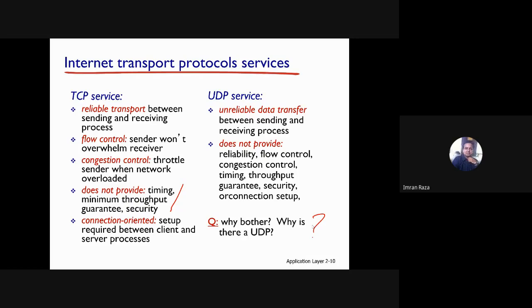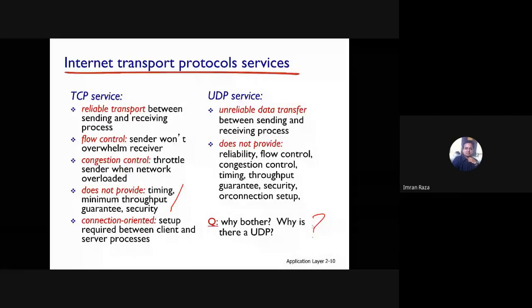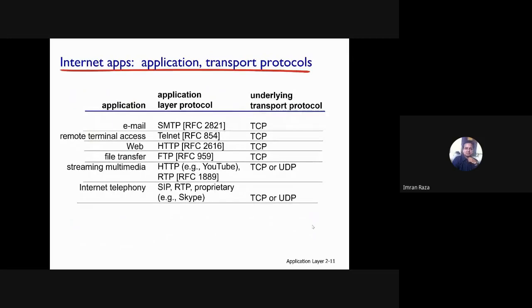Data integrity is there. We have flow control, so that we do not overwhelm the receiver. We can also control the congestion of the network, right? So then, why do we need UDP? Broadcasting? What else? It has nothing to do with broadcasting, by the way. So speed is there, right? There are applications that demand speed, right?